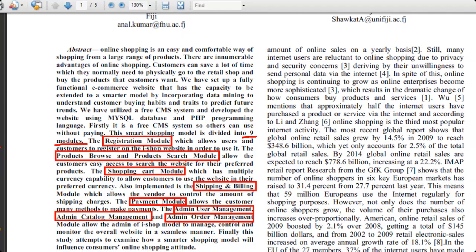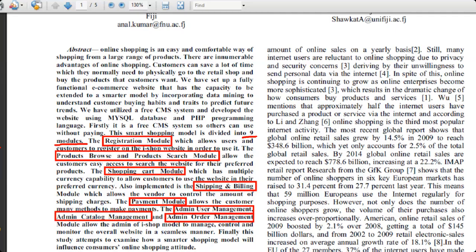Admin user management means admin can add users, remove users. Admin can change passwords, recover passwords, send passwords. Admin can disable users. All such user management admin can do. Catalog management means admin can add products, remove products. Admin can update details about products.